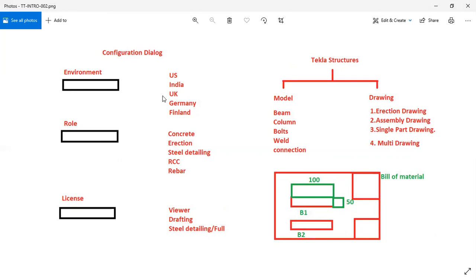What will happen if Tekla is giving all the environments while you are doing the setup? Then you will be needing much more space on your system, right? Because to accommodate all the environments, say one environment will be say 500 MB to 1 GB of space, then you might end up losing a lot of space on your drives, right?